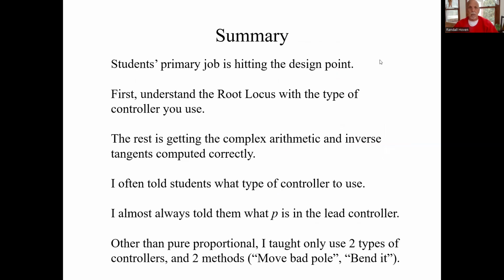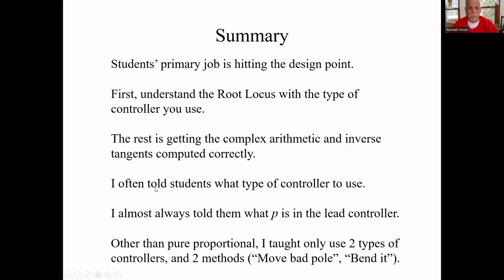I usually gave them the design point. You got to understand the Root Locus for the type of controller you use. In these examples, I kind of sped through that. You need to know when you added the pole or a 0, what it was going to do to the Root Locus. The rest of it is doing those calculations correctly with your calculator, inverse tangents and stuff like that,